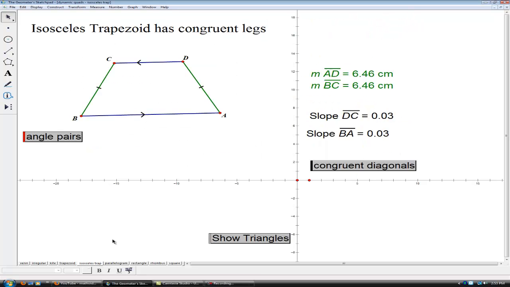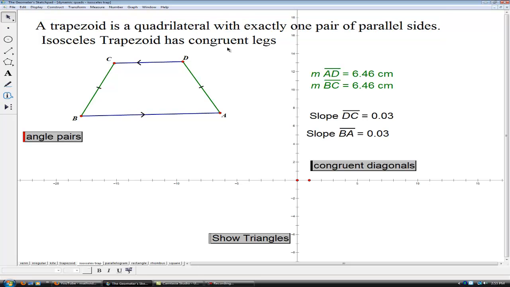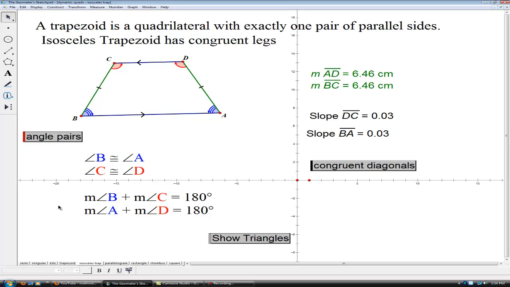Good stuff. And here we have our page for isosceles trapezoid. We will combine the definition of trapezoid. So we're adding to the original definition of a trapezoid. Trapezoid has exactly one pair of parallel sides. These are the bases. An isosceles trapezoid has congruent legs. One of the properties of an isosceles trapezoid is not only are the consecutive angles on the same leg supplementary,